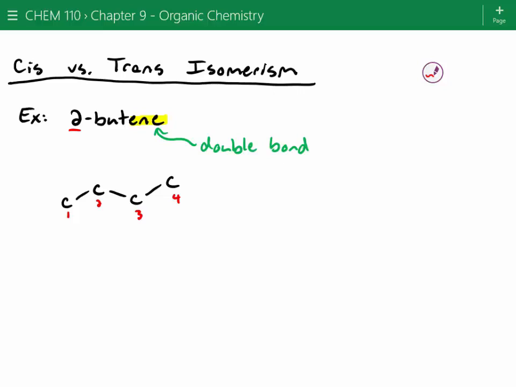Okay, so that 2 means that we've got a double bond at that 2 position, which means over here we've got CH3. Over here we've got CH3. And over here we're going to add a hydrogen. And over here we're going to have a hydrogen. So let me move our numbering over. All right, so if we look at the molecular formula here, we've got C4H8, right? So that's our molecular formula. All right, are there any other potential isomers of this? It's kind of a tricky question. So let's draw a different one.